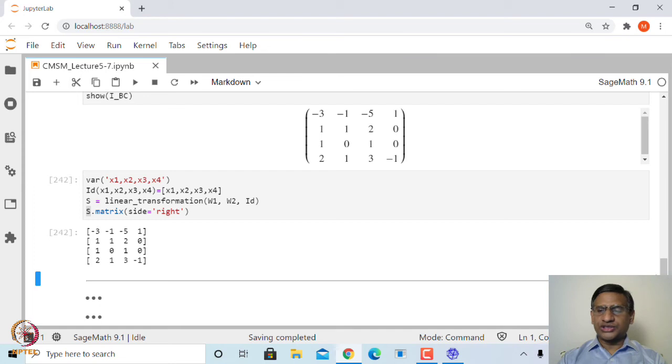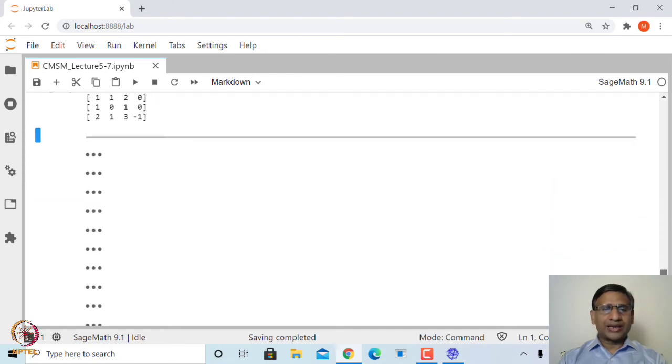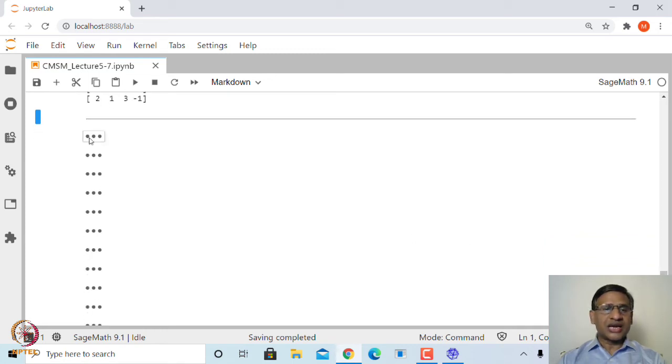Now let us use this to look at what happens to the matrix of a linear transformation when you change the basis. So you have a linear transformation, and you find its matrix with respect to a given basis. Now you have another set of bases on the domain and codomain, and you find the matrix of that same linear transformation with respect to the two new bases, and then we want to check how they are related to each other. Okay, so let us see how they are related.